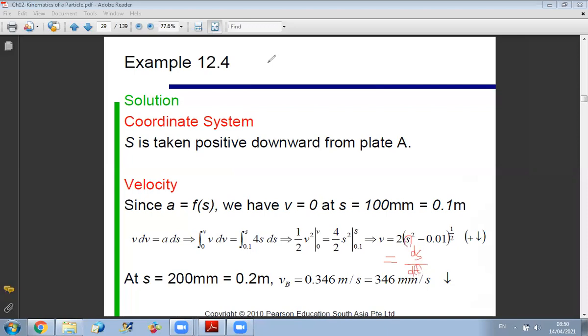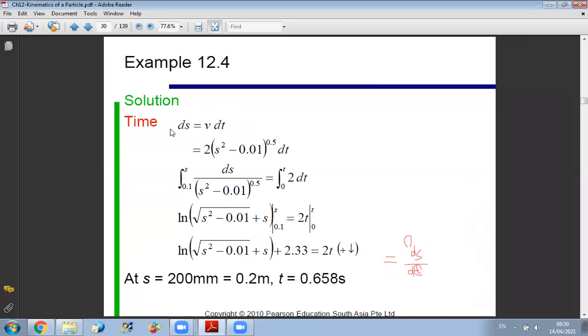Okay. So now, by separating my variables, I know that ds is v dt. So since I have v as a function of s, I will take the function to the side of s. So I get that integral from 0.1 to s of ds over this function equal to integral between 0 and